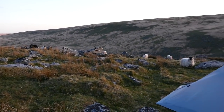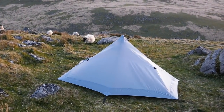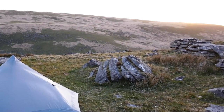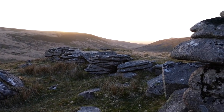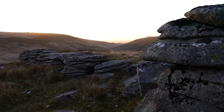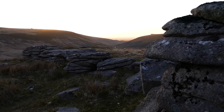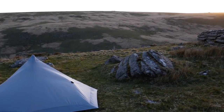Yeah, it's 8:30 now, and I've got a sheep there trying to come up and have a look at my shoulder. The sun is just dipped down behind the hill, and the wind has certainly eased off. My camera is still up there taking photographs, and every so often I can hear a cuckoo coming from that valley there. So yeah, I think it could be a bit cold tonight,